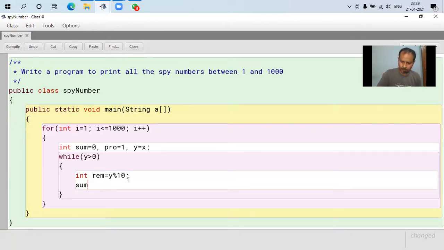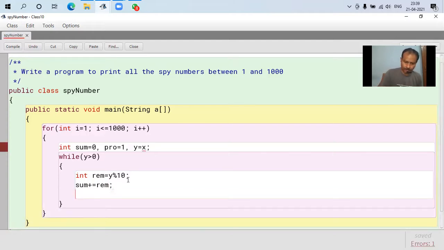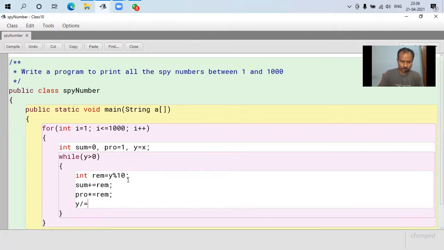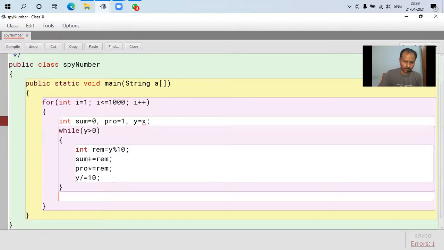Sum plus equals to remainder, and product times equals to remainder, and x equals to x divided by 10. So this part will execute and then we need to print if sum equals to product.